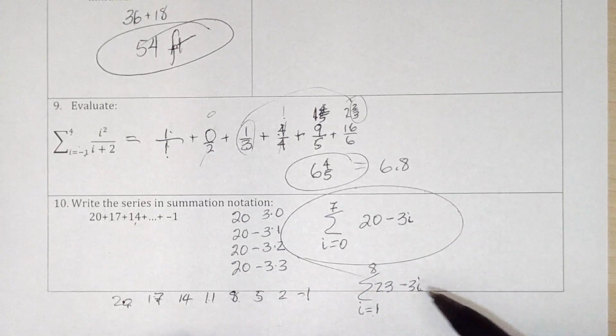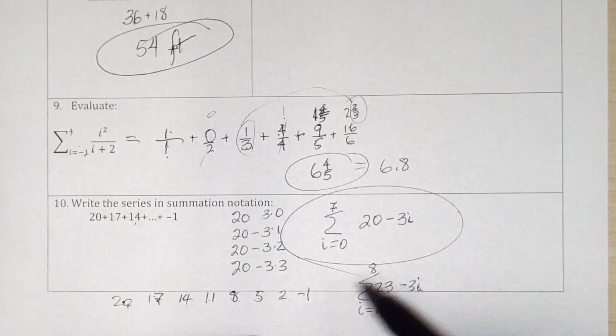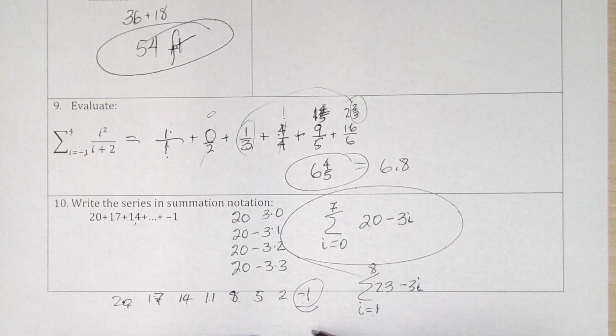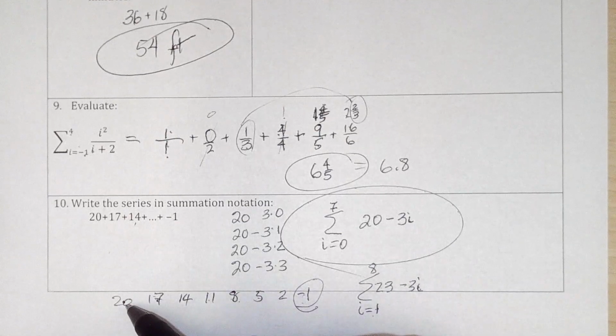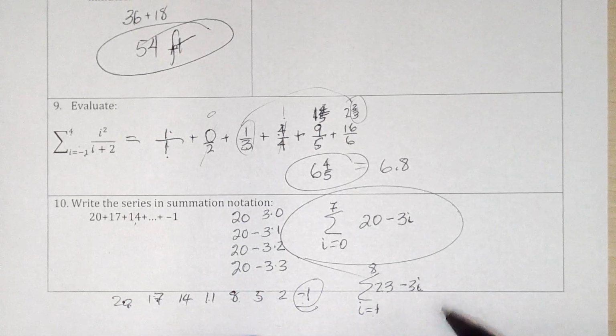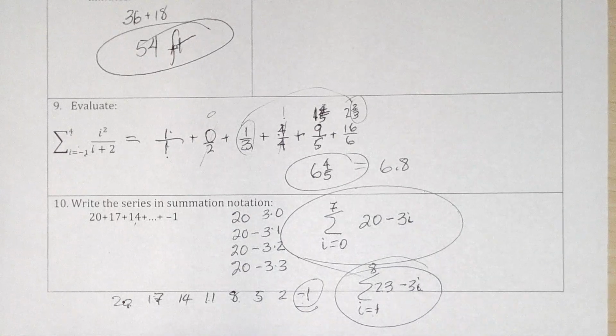You can check yourself here. Put 8 in. 3 times 8 is 24. 24 from 23 is minus 1. Put in the 1. 23 minus 3 is 20. The start and end work out. Okay,